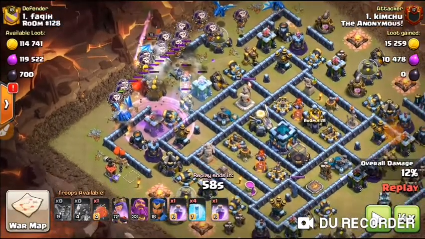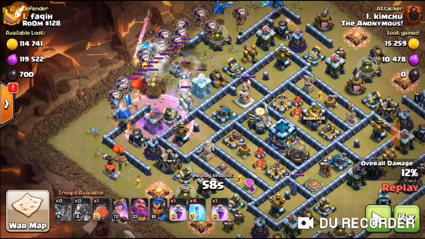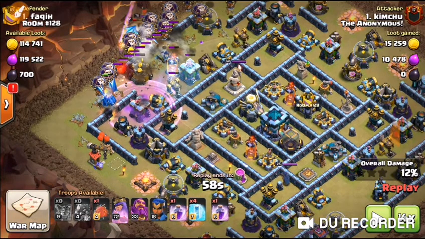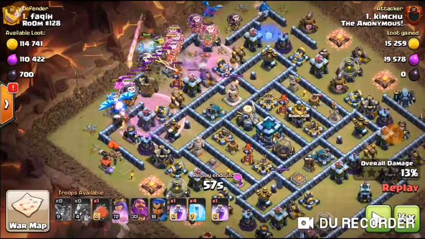See, guys, let me draw. He has used his first spell. In the first spell the dragons are moving towards this archer tower, followed by balloons. Obviously the dragons will be facing the rage first, and then the balloons. See the effect. Most probably, okay, let me show. See, the dragon has gained his power. Also the balloons are in the rage.